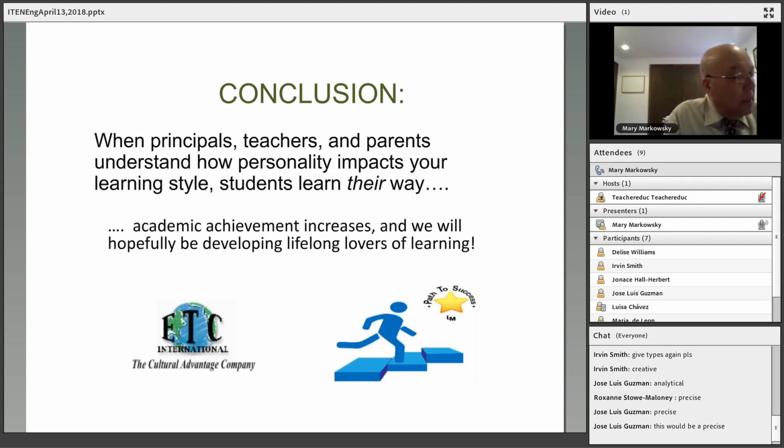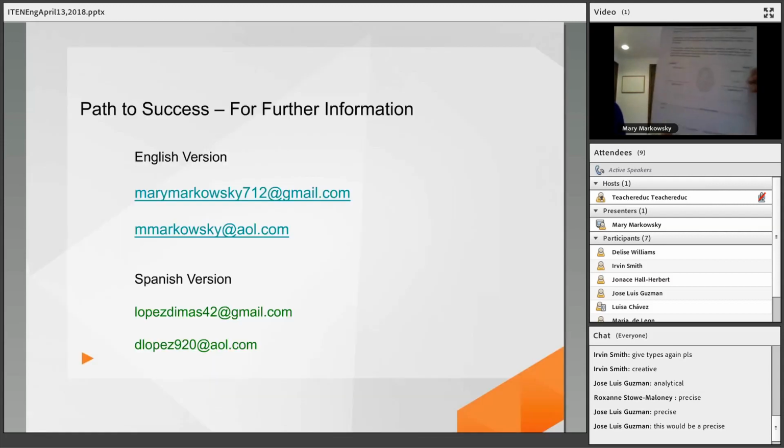When these surveys are answered, it's a 35 statement survey like this one. I hope you can see it. And when you tabulate it, you will see a brain right there. So that's when you put the information in and you find out which side of the brain you are and which personality you are. And then we go into the strategies and the interpretation manual so that you can work with all your students and the teachers can work with each other.